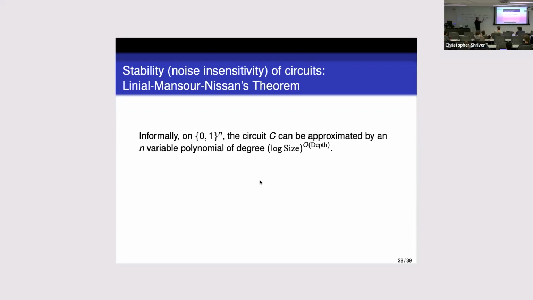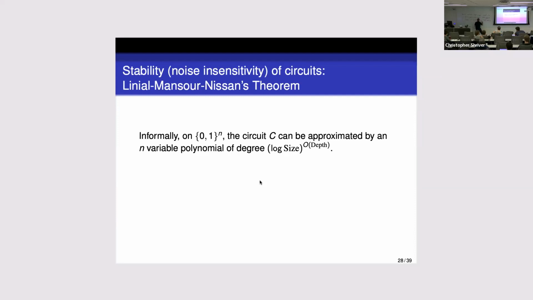Right. The largest, so therefore the degree of the function C that encodes this is at most capital N. It takes a little bit of work to show that indeed any such function can be encoded like this. This is linear algebra on a Boolean cube, not too deep. So the deep part of the linear Mansour-Nisan theorem says that, in fact, if we take the approximation of this